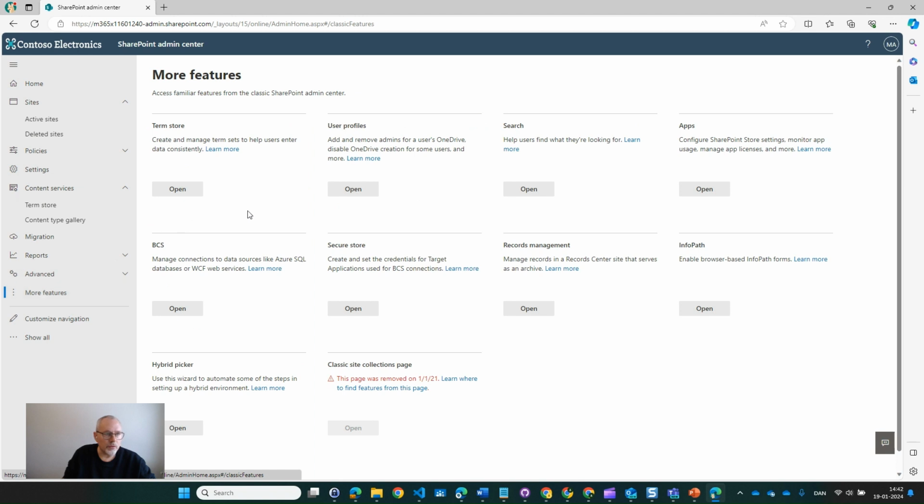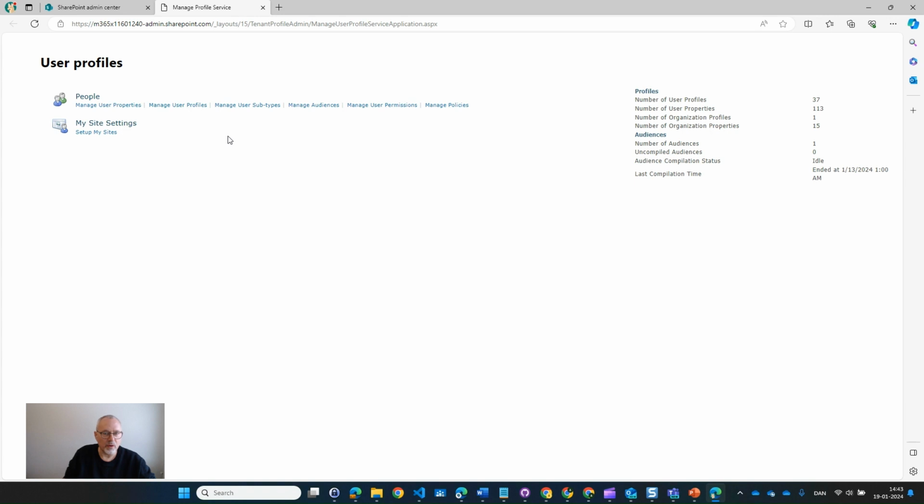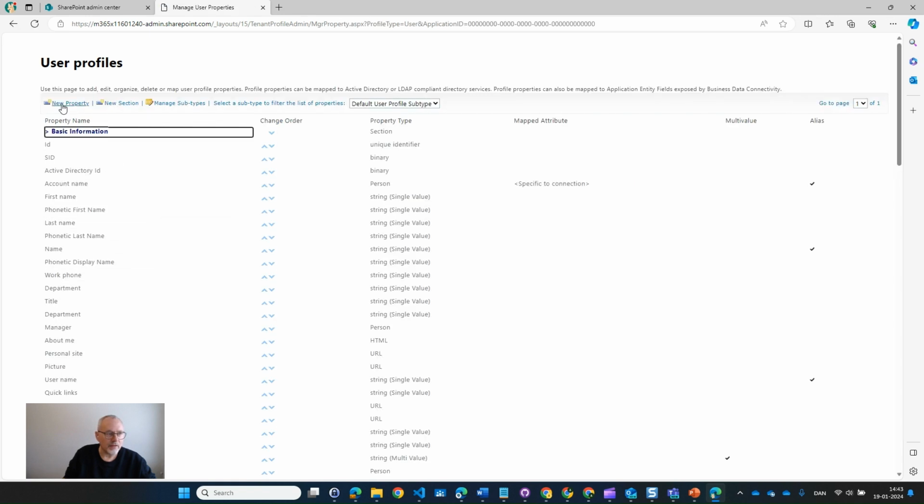So then we can go to the user profiles. Wait for that to pop up. As you can see, this has not been modernized yet, so we'll see what it looks like when Microsoft comes around and gets this modified. If they will modify this at all, whether they just replace it with something that is based on Microsoft 365 profiles, perhaps. So we go into manage user profiles and add our nationality